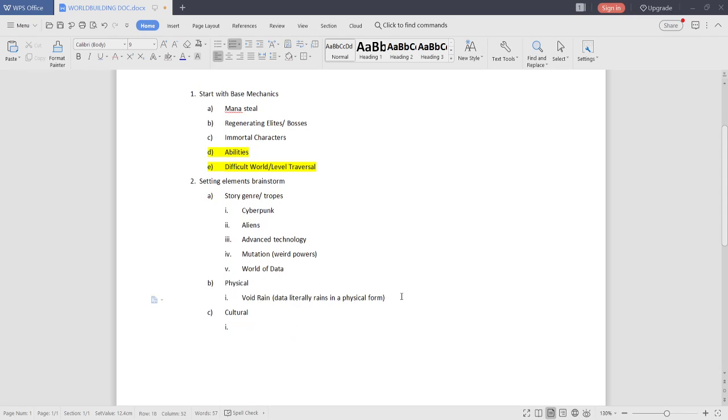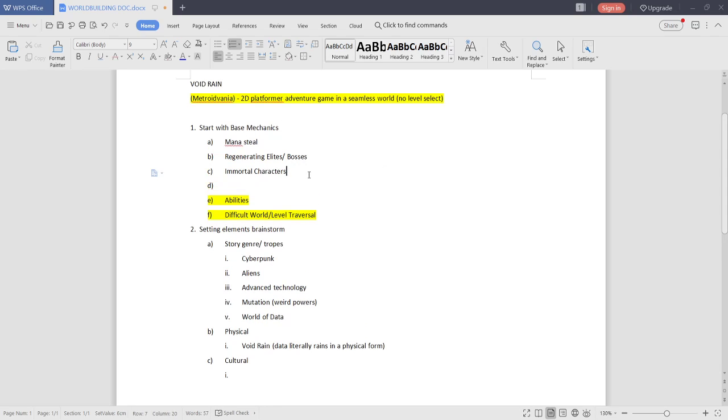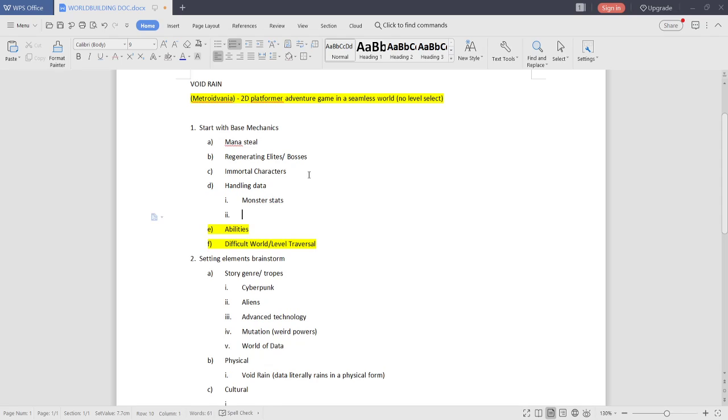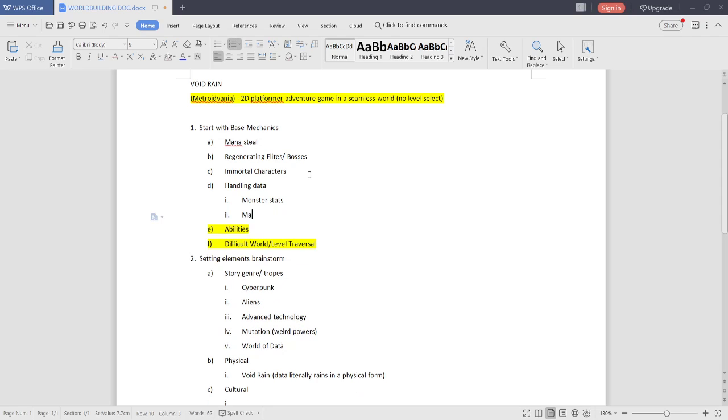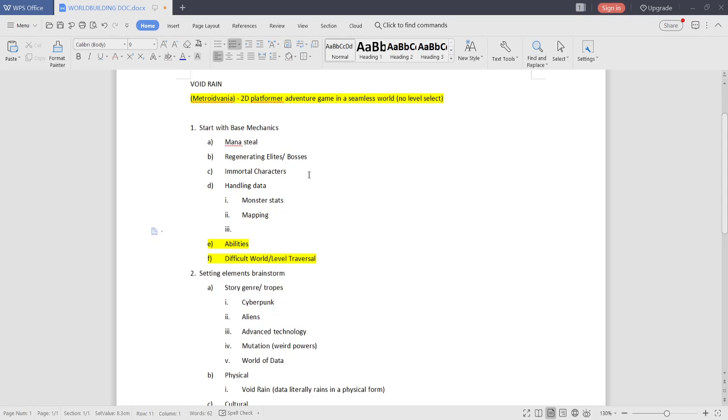And part of that was this void, because I wanted to deal a lot with handling data. In games, usually the data can be taken for granted, like monster stats or location info, or maybe I could just summarize that to mapping or character bios.